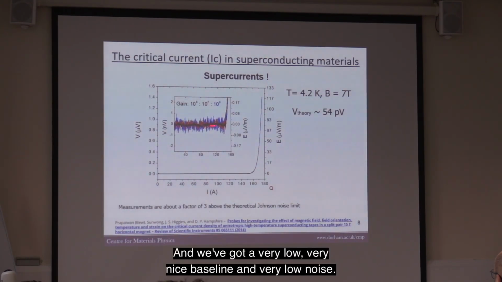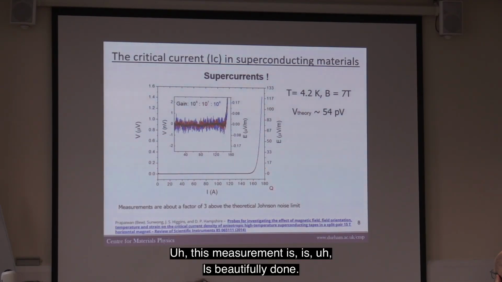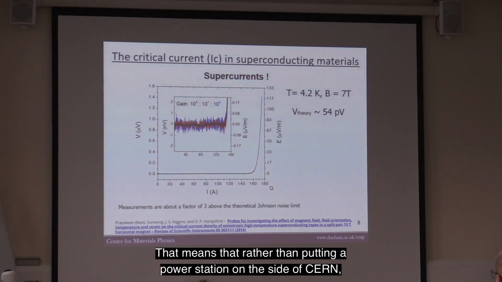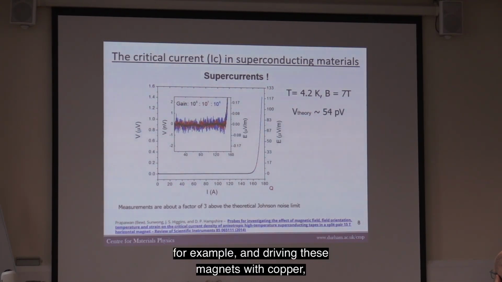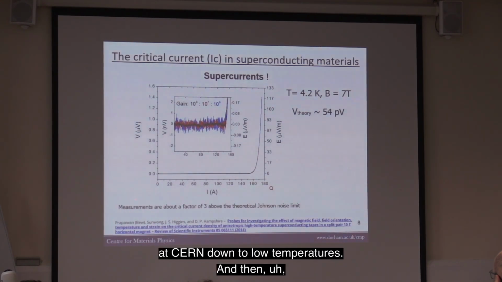And we've got a very low, very nice baseline and very low noise. This measurement is beautifully done. And you can see that this here is the critical property. That means that rather than putting a power station on the side of CERN, for example, and driving these magnets with copper, it's cheaper to pay for the cryogenics that cools the magnets at CERN down to low temperatures, and